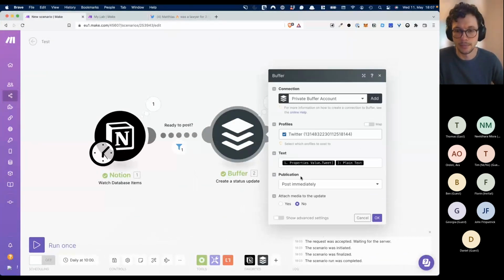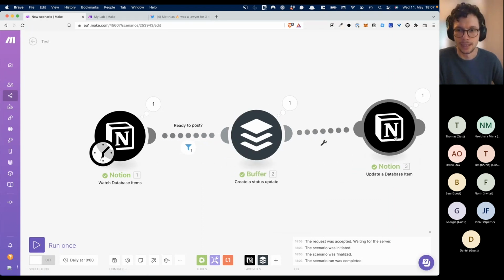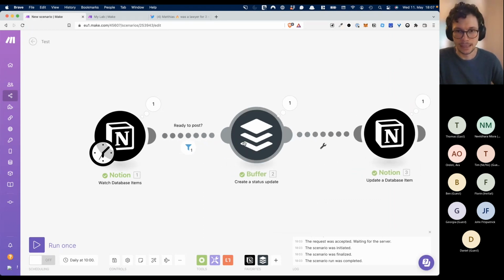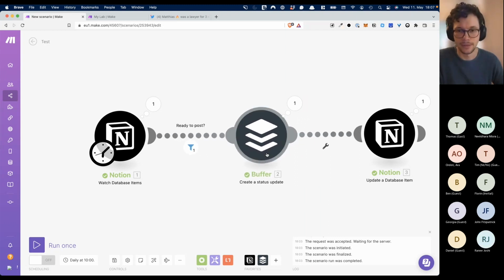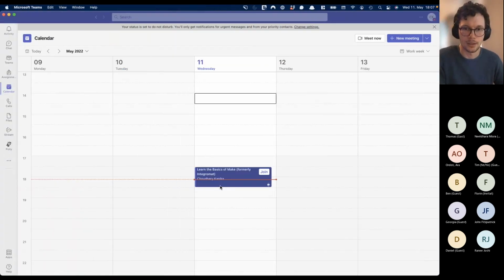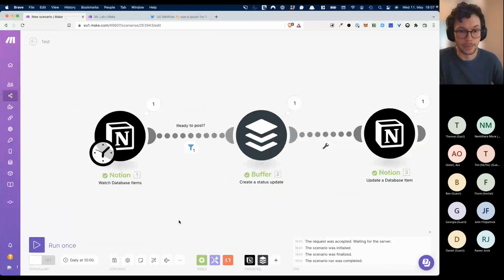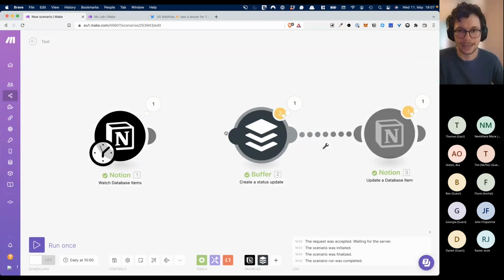But we need to pick, should we attach a media to the update or not? And I'm actually not sure what happens if you say yes and then you don't have an image. It probably still works. But for the sake of this, let's just assume we need to make sure that the setting is always correct. So what we would need to do, before we go to Buffer, is check, okay, is there an image or not? So let's unlink this, and we do this by right-click, unlink, that disconnects them,